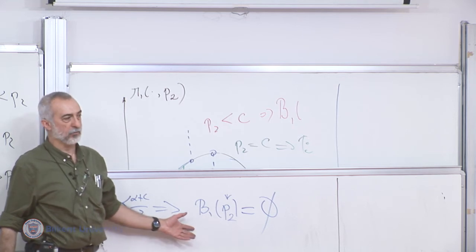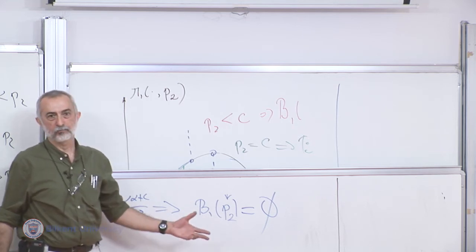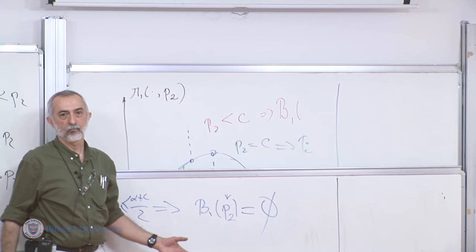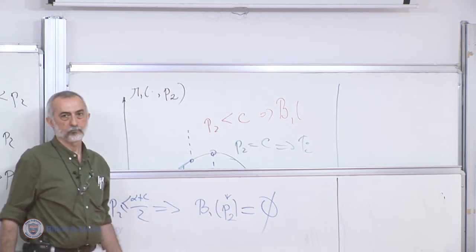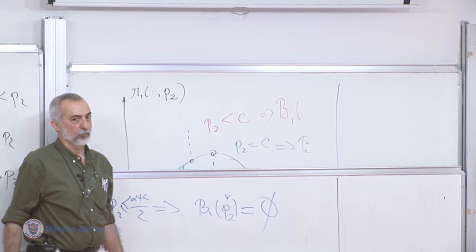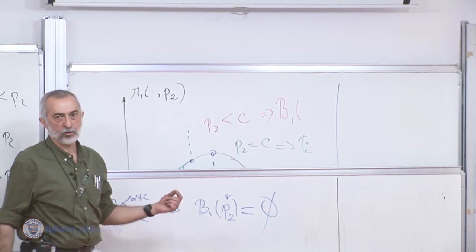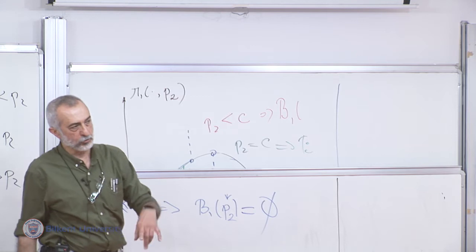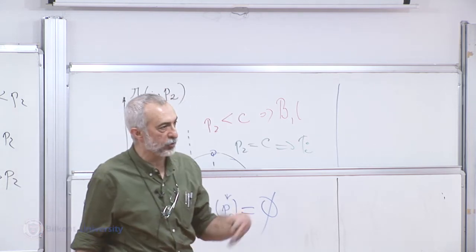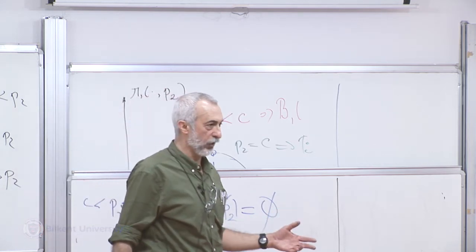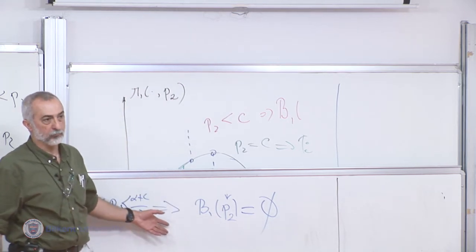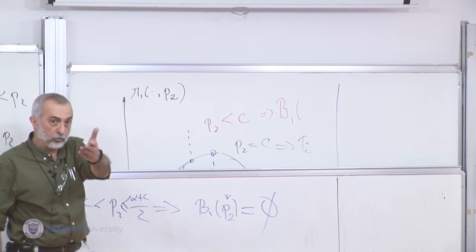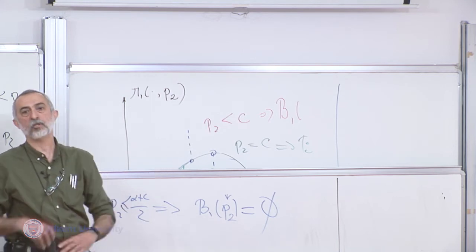So what do we look at? Nash. So for Nash, what do we want to find? We want to find a P1 star, P2 star, where P1 star is the best response to P2 star, and P2 star is the best response to P1 star. Okay? So you can either write the algebraic equations and try to solve them, which have several cases, or draw a picture. So please draw a picture.